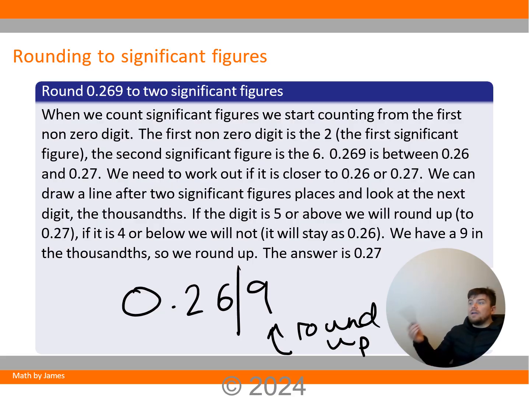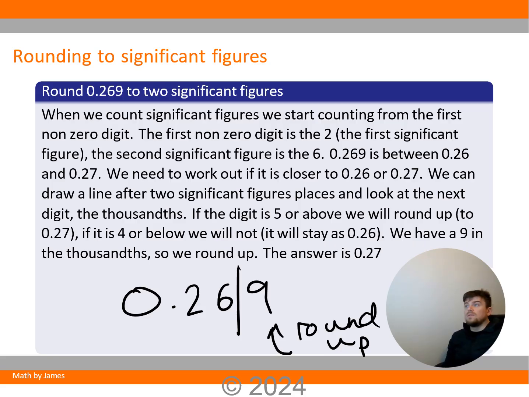So in this part of the video now, we're looking at significant figures. Significant figures are different to decimal places, and we're looking at how we look at these figures. When we count significant figures, we start counting from the first non-zero digit. The first non-zero digit is 2, the first significant figure. The second significant figure is 6, because